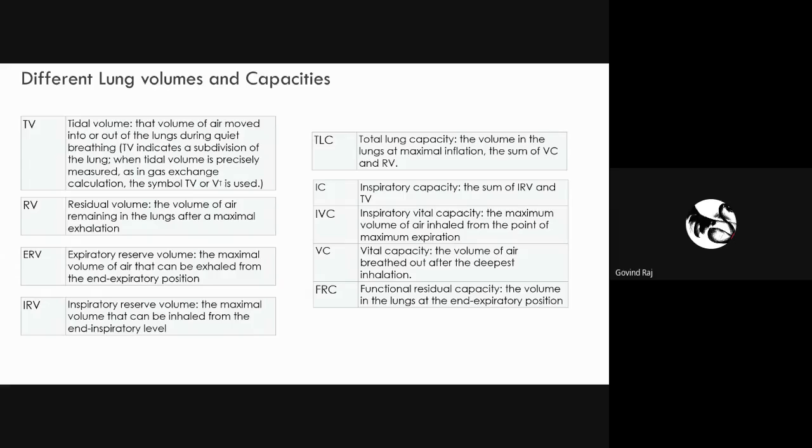Forceful expiration. Yes. Okay, the difference between RV and FRC. After forceful expiration, how much air is left in the lungs, that is the residual volume. That is how much air remains in the lungs forever. But functional residual capacity is in a dynamic state, that is, there is continuous exchange